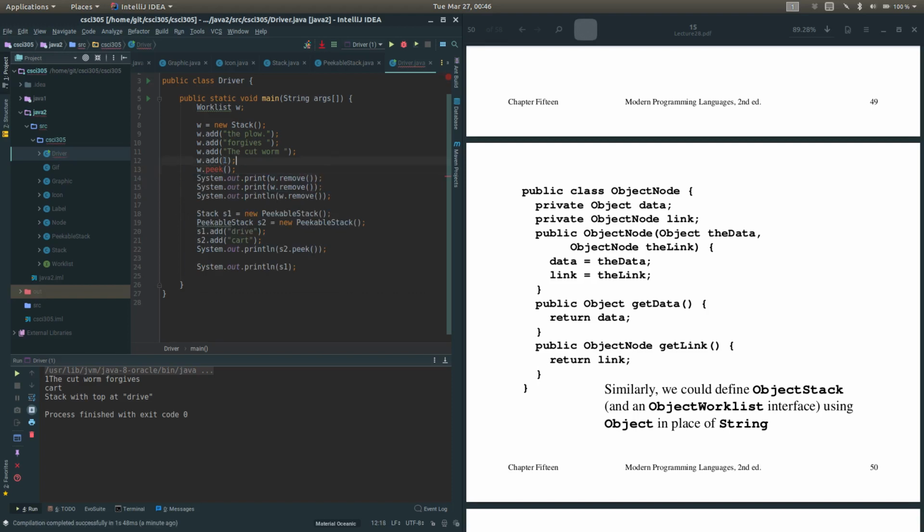Oh, sorry, that's not going to work. I need a peekable stack. So let's go down to here, where I actually have one. So S2, right? Now if I say S2.peek, I get an object, right? So now I have an object type,